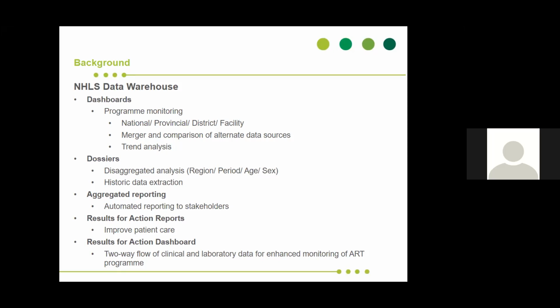The dossiers allow for more disaggregated analysis and data extraction, which can then be